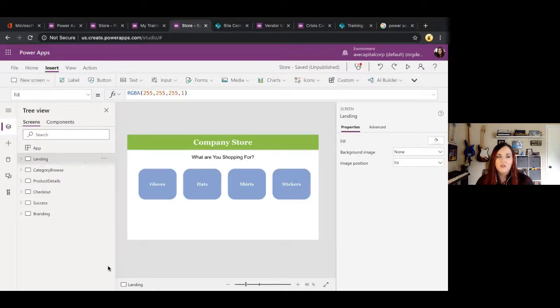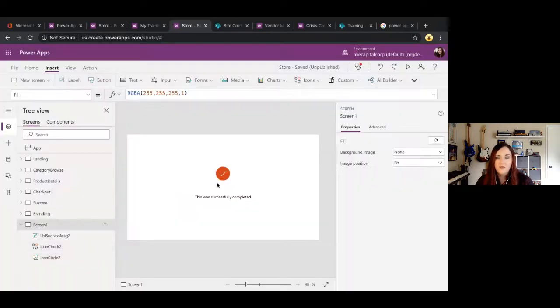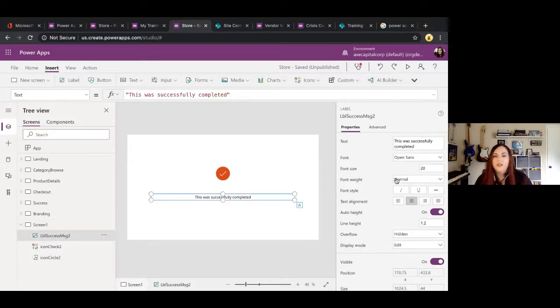I just inserted that success screen template. And it gives you a nice little check mark and circle and a label where you can customize and put in some text. So that's really all that I did there. Of course, you can make this as custom as you want. But the only additional thing I did